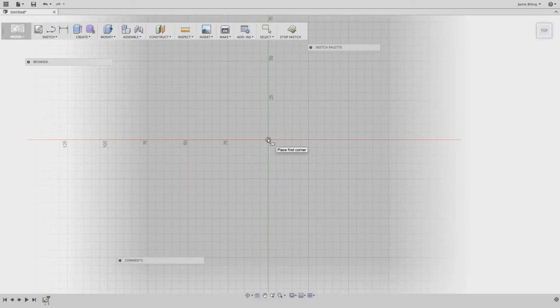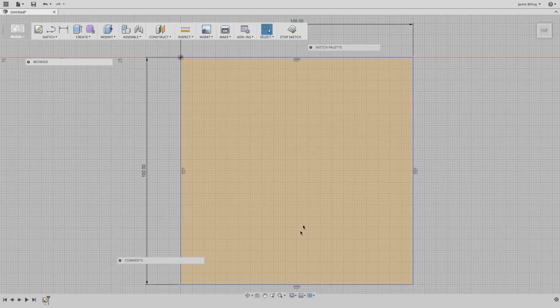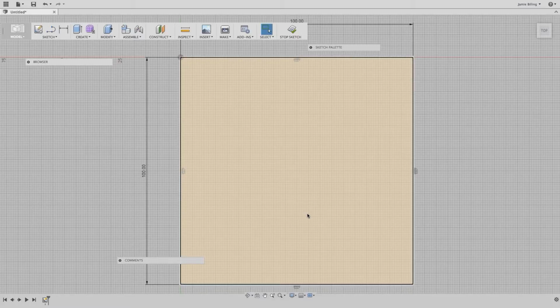Now from the center origin, click and drag out. The easiest way to add dimensions here is to enter them directly. So I'm going to enter 100mm, press Tab on the keyboard, enter 100mm again, then press Return. That locks that square at 100mm by 100mm, and if we click Zoom to fit, we'll get a better view